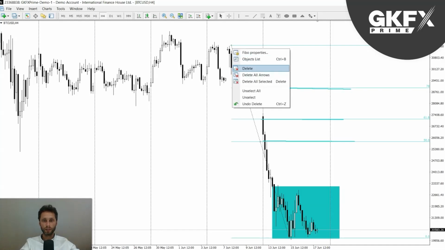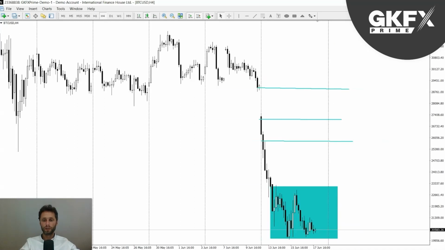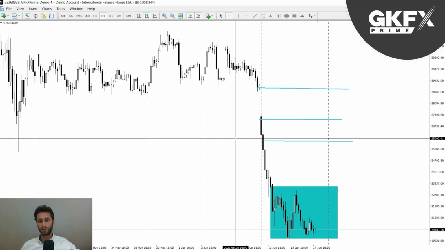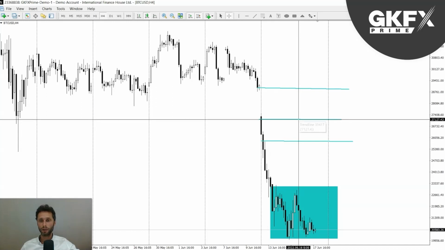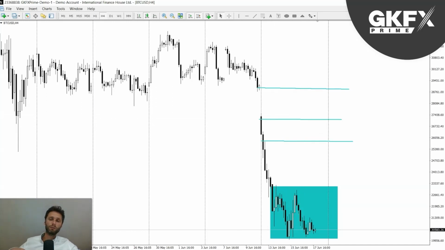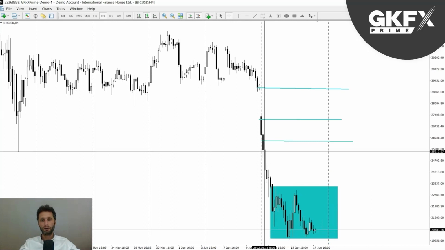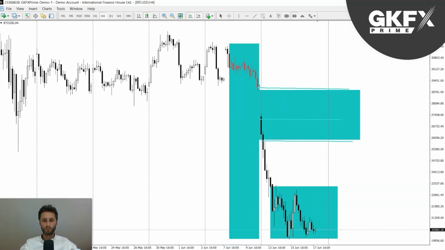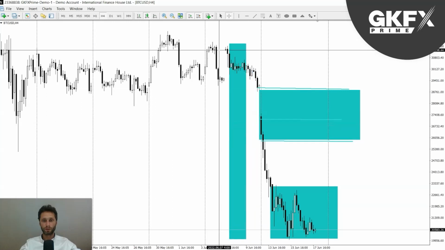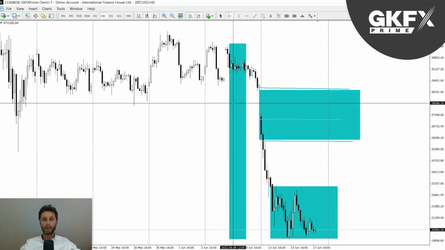So if I delete this fib, and I'm going to look at a sell, I'm really going to want to see a better price. So I really want to see this level right here, first of all, the 26K level, and then after that possibly the 27,000 level, and then we want to see a nice reversal. You can see this big gap in price right here. So that is a very good area of interest, because looking at this whole move from where it is right now, if you take this whole level and divide it in half, this top part right here is the expensive level. So I want to be selling from the expensive